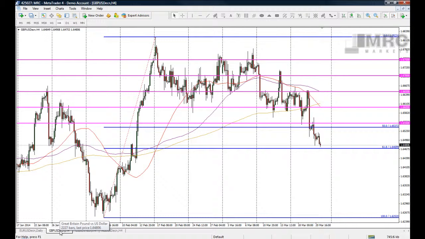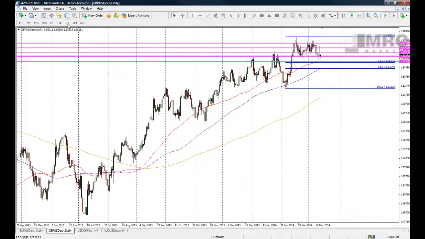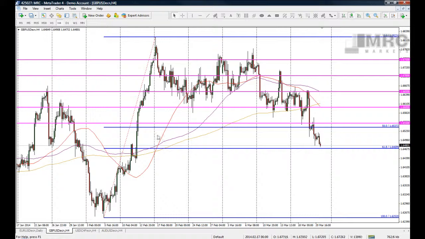Let's have a look at cable. I've left the same chart up as last week, so I think it is still important, and it's good to show what happened this week. We left this fib up, so this is the fib. You can see it clearly on the daily, but in terms of the 4 hour, it is the chart really. We spoke about these 50 pip round numbers acting as really decent support and resistance, and that's what's happened this week. You can see the 165s acted as support as we came back down, tested the 165s, came back up,